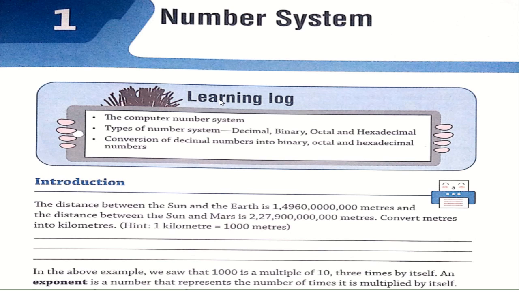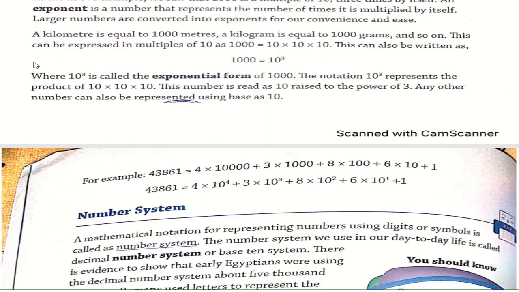But writing this whole number is very difficult, isn't it? So we are converting those numbers in a short manner. Like 1 kilometer has been written as 1,000 meters. So the conversion is being developed. Next, you can write in the exponential form also, like 10 raised to 3. 10 raised to 3 means what? 1,000, isn't it? See, 1,000 has been written as 10 raised to 3 because it has 3 zeros, so